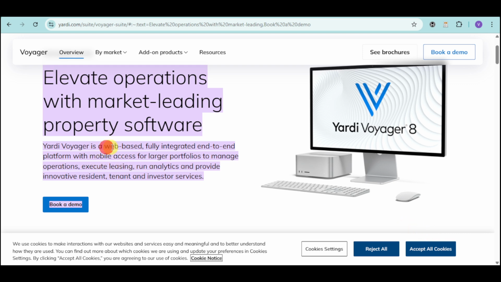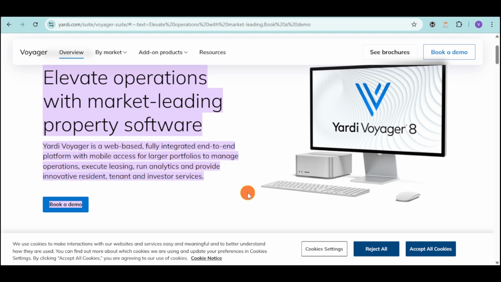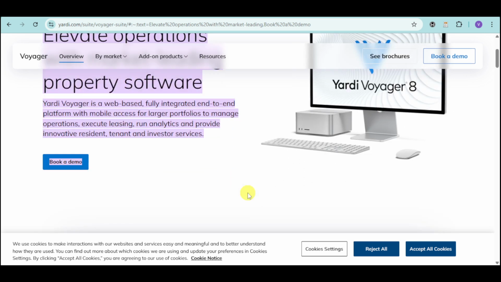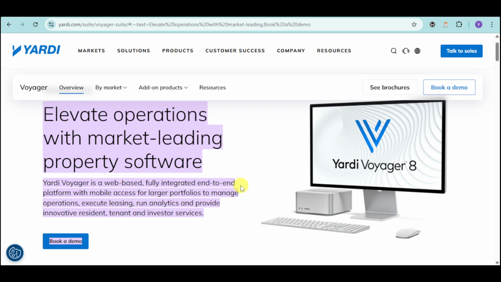So this is a web-based, fully integrated end-to-end platform with mobile access for larger portfolios to manage operations, execute leasing, analytics, and provide innovative resident, tenant, and investor services. So typically, Yardi Voyager 8 is actually a tool for real estate owners that are planning to create a rental property. If you're looking to use this, what we can do is we can head over and then explore it